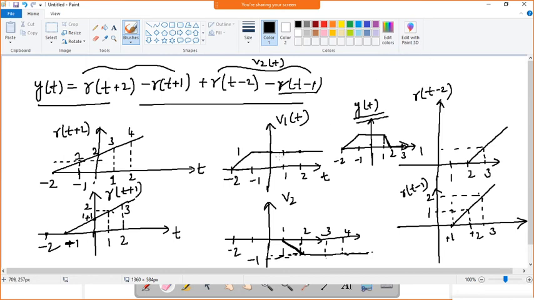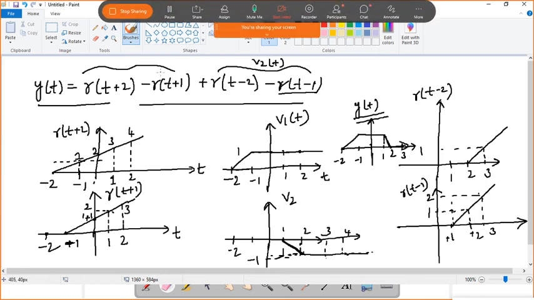So this is what you need to be a bit careful about when the ramp is given. Take each and every index value and amplitude value, and correspondingly you need to add or subtract. Is it fine? Is it understood? So we'll go to the next problem.